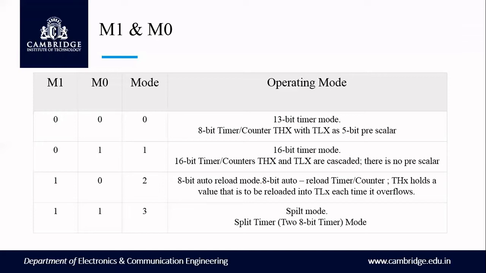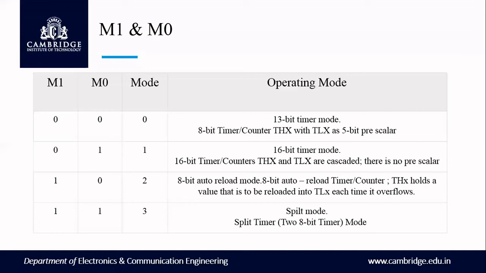8-bit auto reload mode means, in this case, we initialize the values to be put into the TH register only, either TH0 or TH1 for timer 0 and timer 1, and that value will be copied into TL. TL actually will increment the values. So here you need to understand that it is auto reload. Once we complete one timer cycle, meaning one step of counting from the initial value to the maximum value, the initial value you loaded into TH will be reloaded automatically once it overflows. Those things we'll see later.